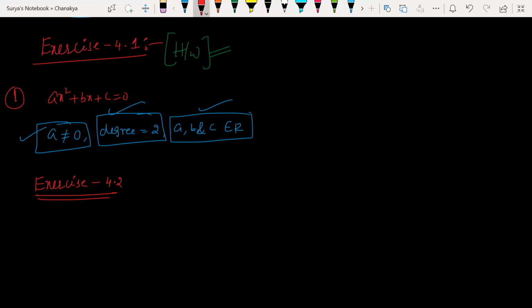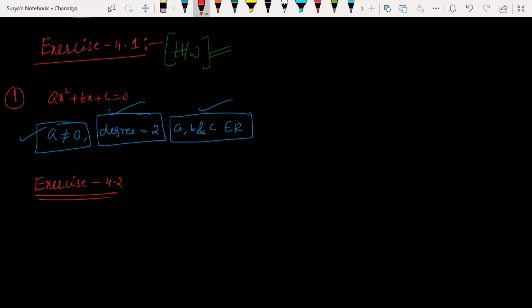In the fourth question, a train travels a distance of 480 km at a uniform speed. If the speed had been 8 km per hour less, then how much time would it have taken? Very simple. You can take the unknown as x, and whatever is unknown, you have to take it out. He has given speed, you have to find time. Time means what? Distance by speed.